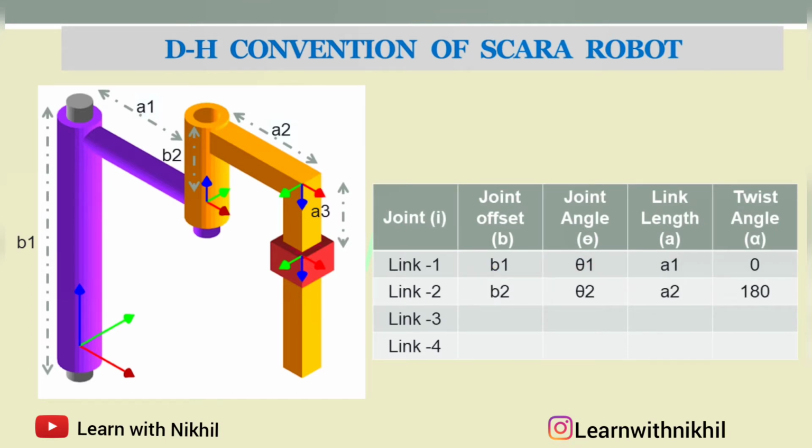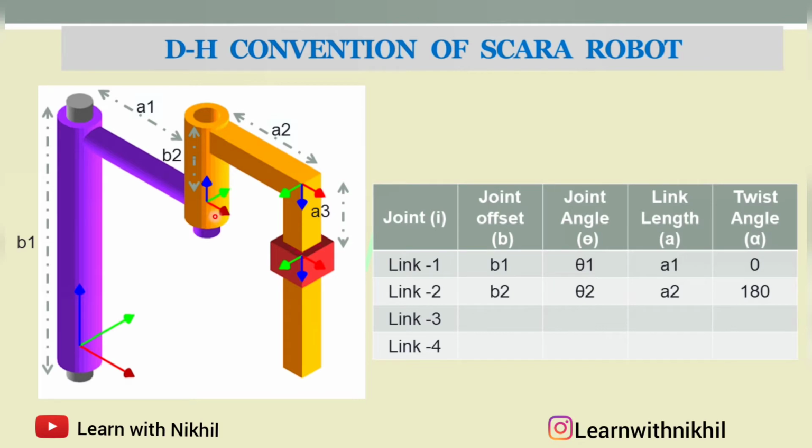Now next for link 2. For link 2, it is between this coordinate and this coordinate. Again the same thing. First, this is a rotary joint. The z-axis is coming outward from this. So first you have to translate along the z-axis with a distance of B2, that is the joint offset. So you have to move from this position to this position, at the distance of B2. So joint offset B2 is written over here. It can be 0 as it is fixed in a rotary joint.